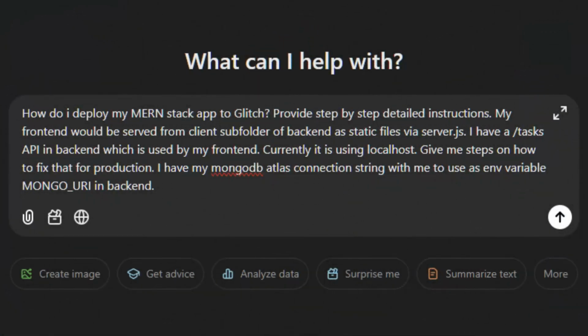So final step is deploying the application to Glitch, and we need step-by-step guidance from ChatGPT. I have come up with this pretty detailed prompt in which I have asked several questions, including providing step-by-step detailed instructions. I told it that my front end would be served from client subfolder. I also talked about /tasks API in backend, which is being used by front end, which is something which technically